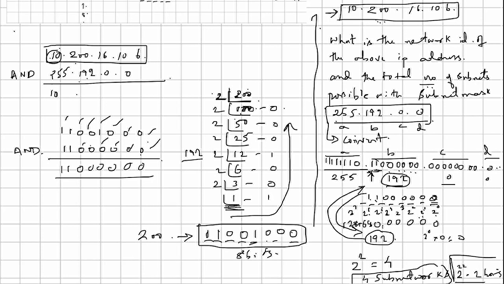So this is it. Whatever number is lower, 192 is equal to nothing but 192. That is, any digit here which is greater than the value here will get only the 192 value. So I will have 10.192.0.0. This is nothing but the subnet mask here. 10.192 is the network ID.